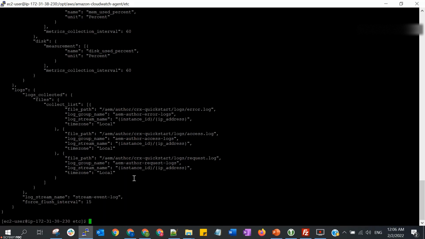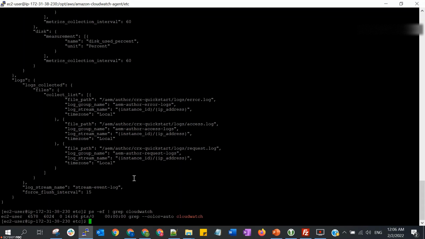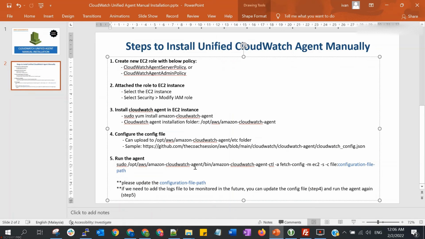Next, I will run the agent. Until this point, if we check the process, we will not get anything because our agent is not running yet. So we can use this command to run the agent.